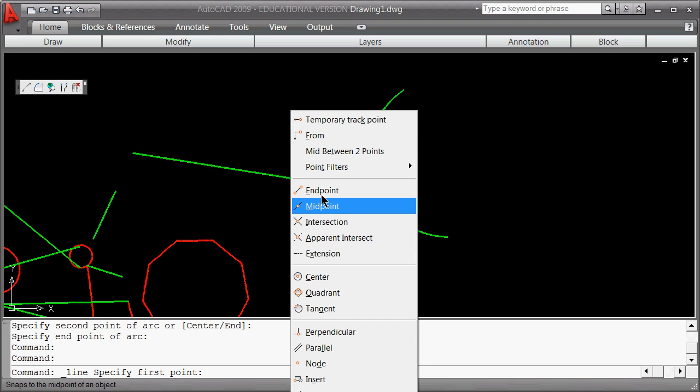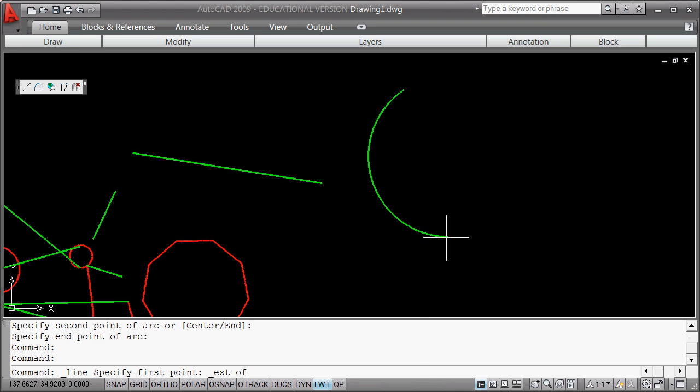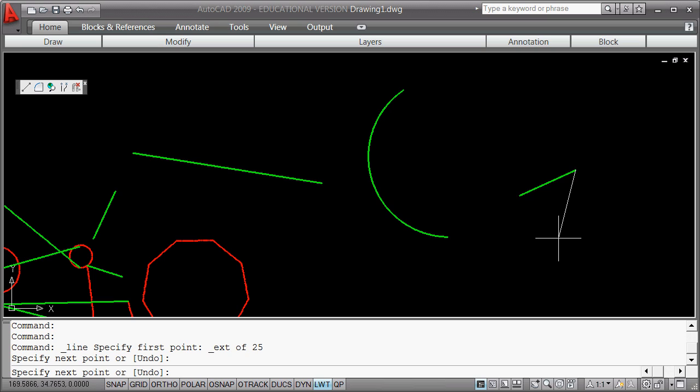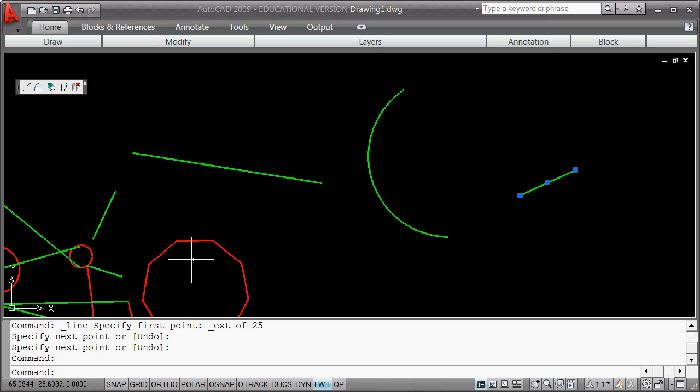from shift right click the extension of, and you see it's going to extend it out. Now the length of the arc I presume is 25, and it found a 20-foot extension on that arc. That is pretty sweet. So, like you see here, there are a lot of extra things you can